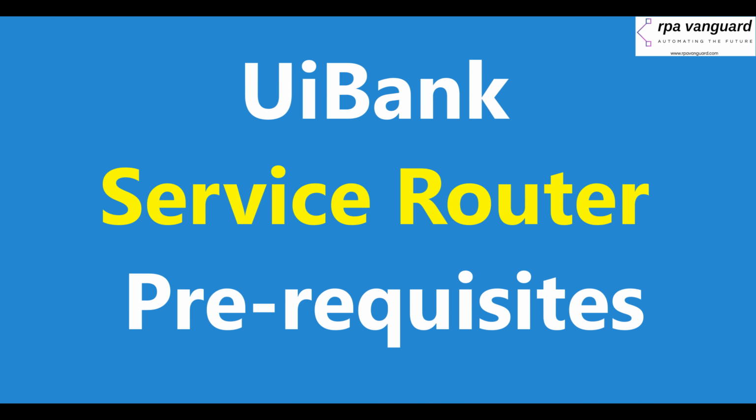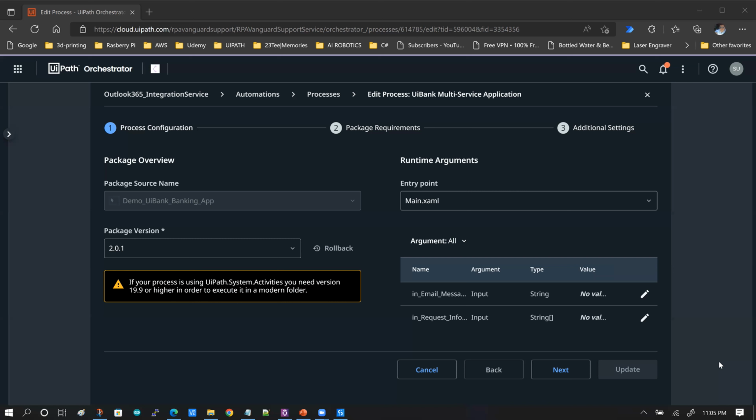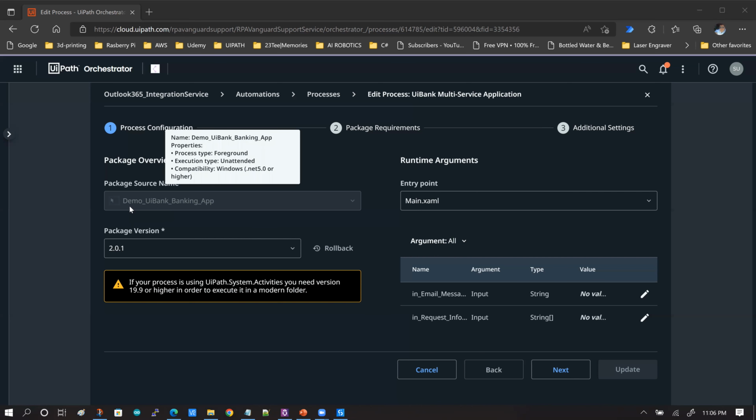I'm in my orchestrator instance, and one of the things that you have to know before diving into the UiPath service router application is the name of the UI Bank multi-service application, right? As you can see from my orchestrator instance, the banking application that we reviewed in the previous section has already been deployed to the orchestrator, and the name of the process is UI Bank multi-service application. And the name of the package is demo_UI